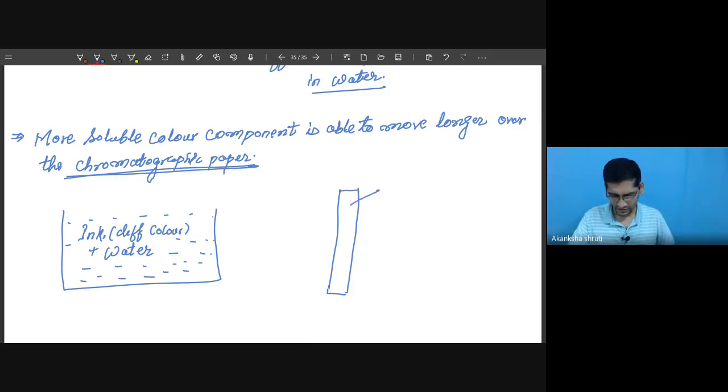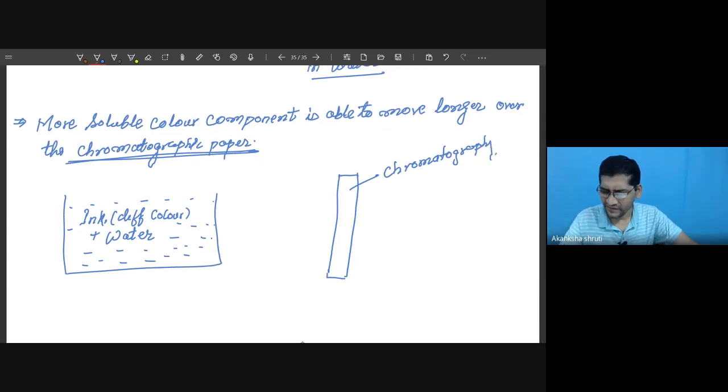So this is your chromatographic paper. Okay, students, now this chromatographic paper, when dipped into this mixture,